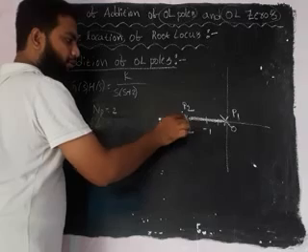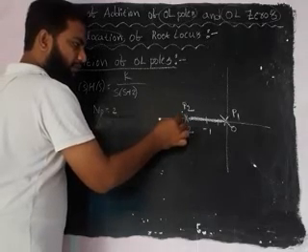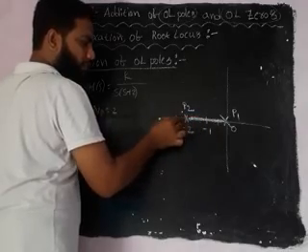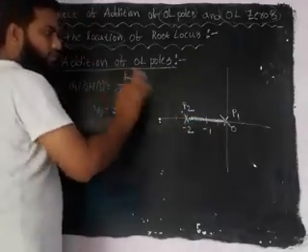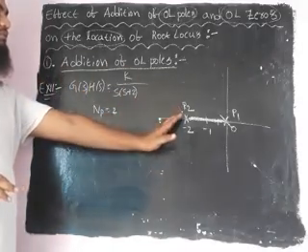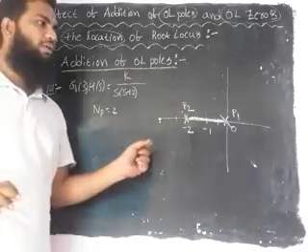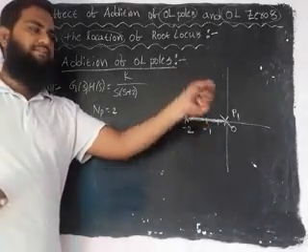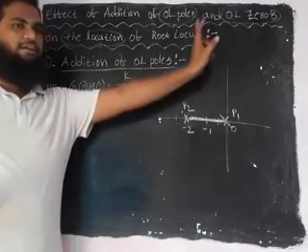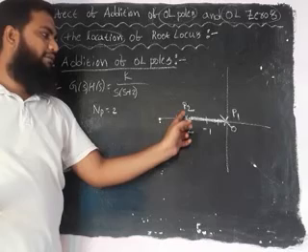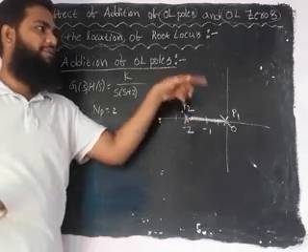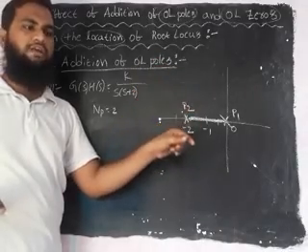From pole P2, observing the right side, the count is 2, which is even, so we don't have a root locus branch there. Only one branch of root locus exists between P1 and P2. The root locus starts from a pole and ends at a zero. So the root locus starts from pole P1 and ends at the zero at infinity. Similarly for pole P2, the root locus starts from P2 and reaches the zero at infinity. That means the total number of root locus branches is 2.